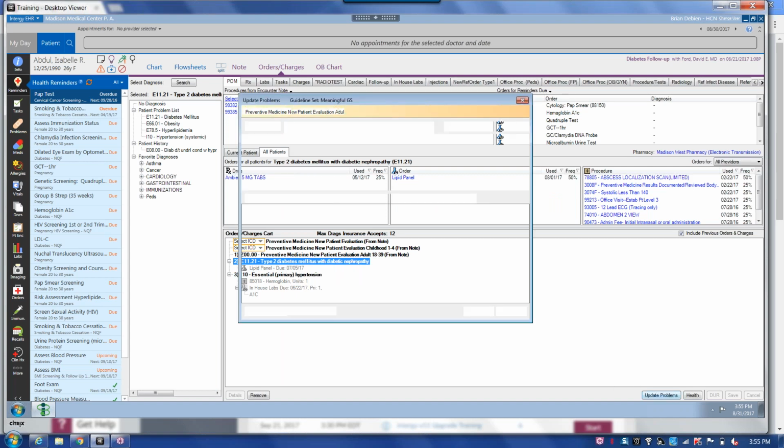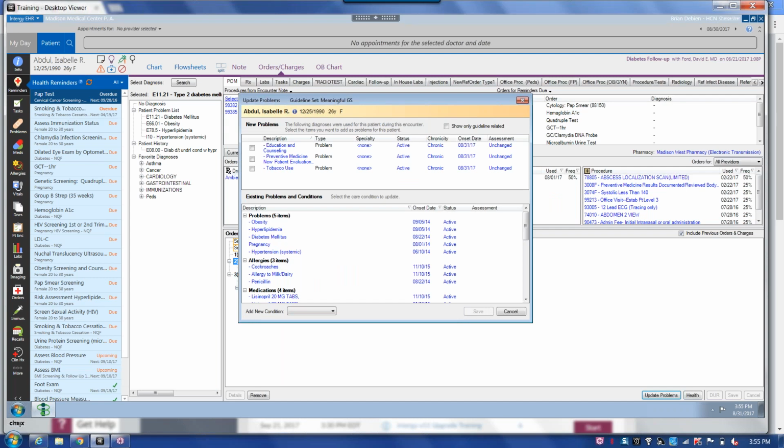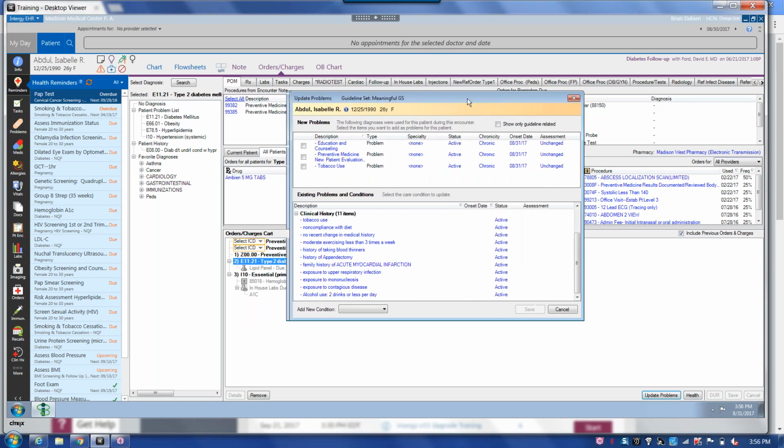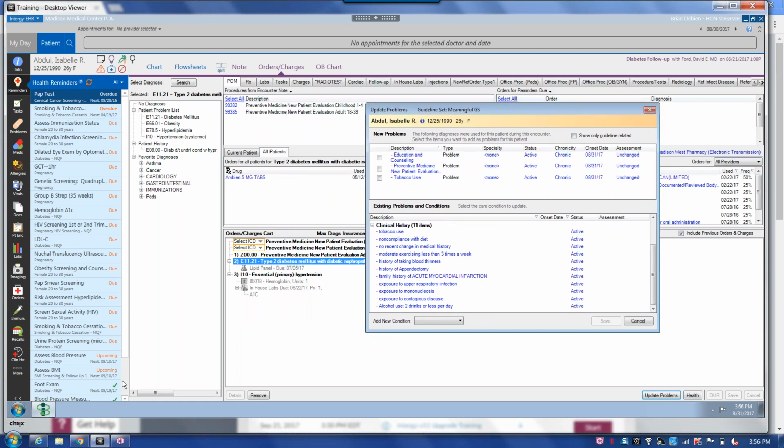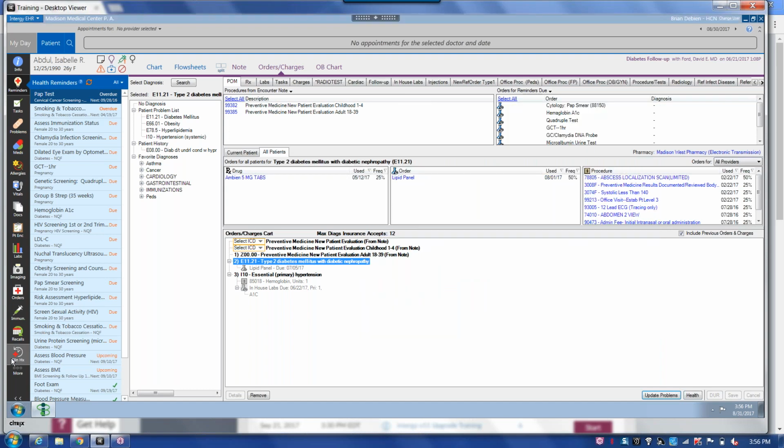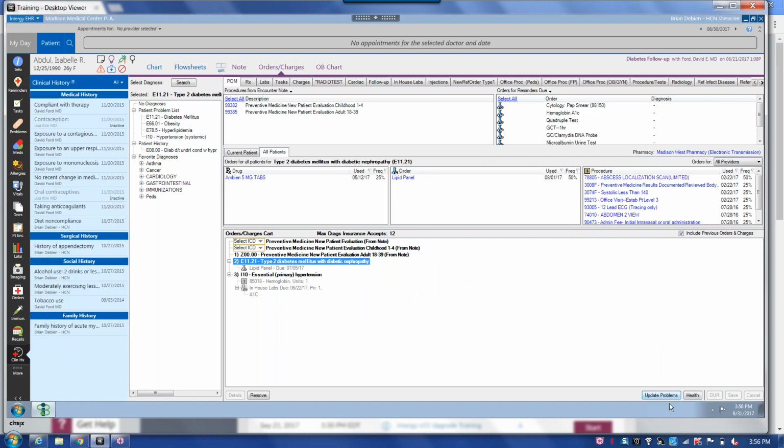Now, what I would recommend, because I know we are all struggling with updating clinical history, is I'm just going to collapse the first few items here so you can see that in this window, you have the ability of updating the patient's clinical history. So if I move this to the side here, and I click on clinical history here, actually I cannot do that, it's an active window, but let me open that up and go back to my active problems,